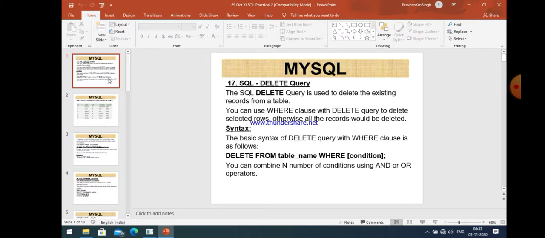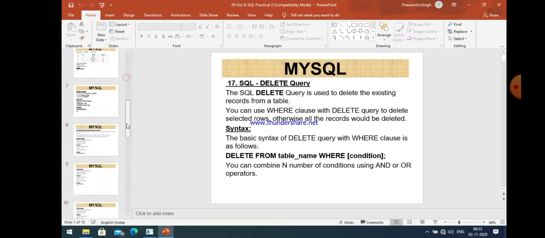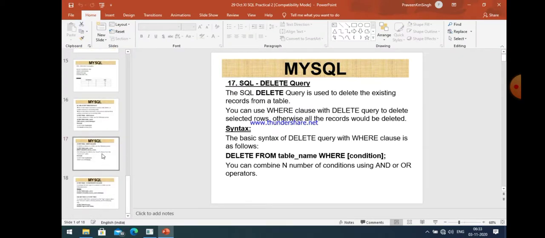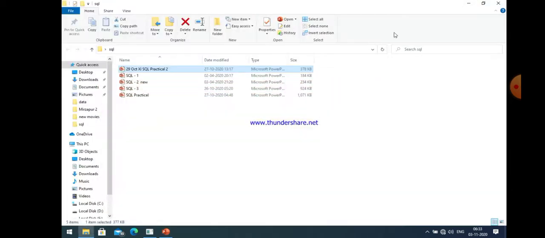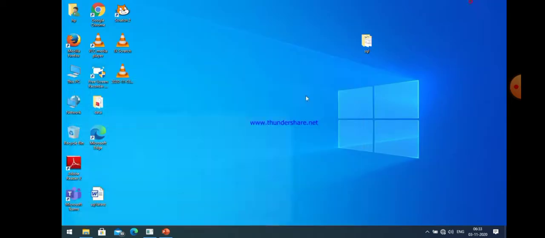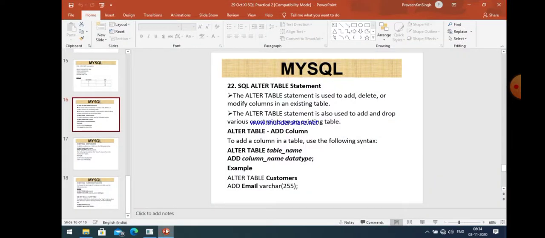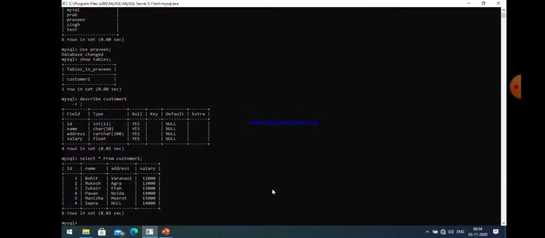This is already discussed in our previous classes. Okay, update, alter. So let's change the data available in the table customer.